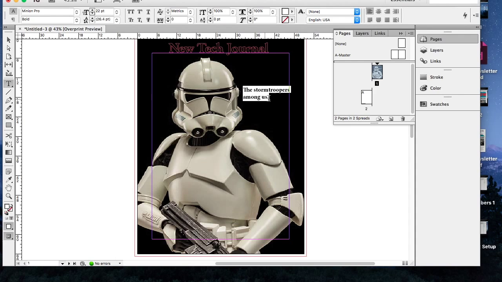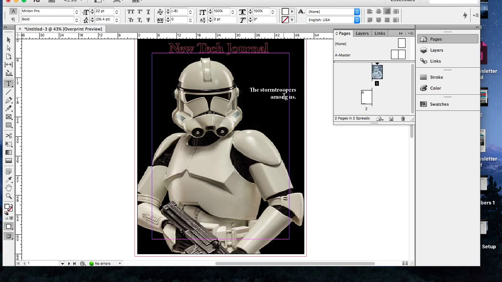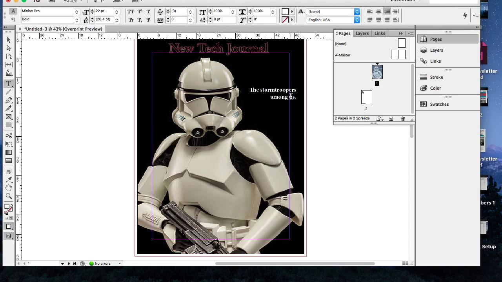And since this is right next to the Stormtrooper, it looks kind of like it's in its way. So I'll go ahead and right align this. You can make another text box. Actually, underneath this box, let me add something. I'll add a page number, page,